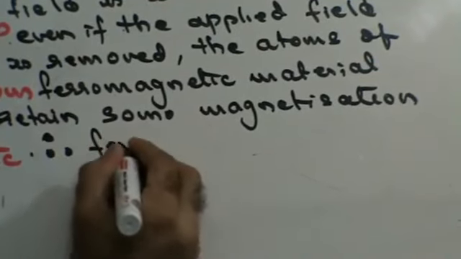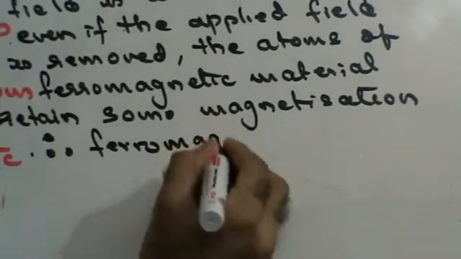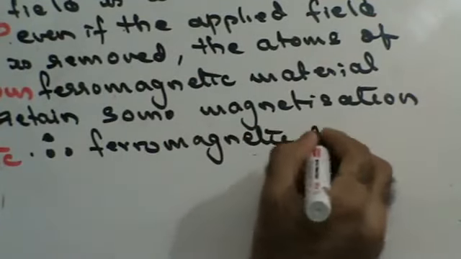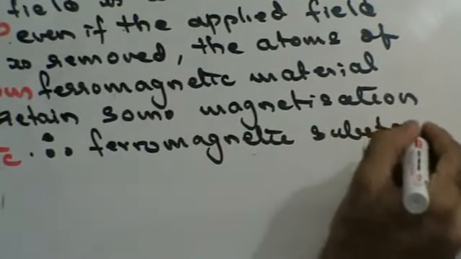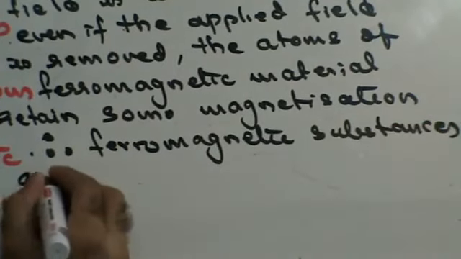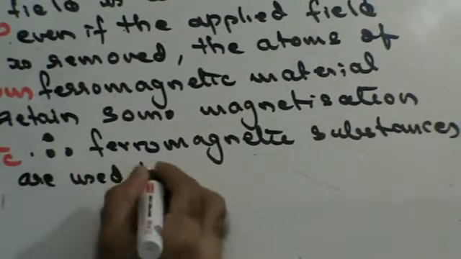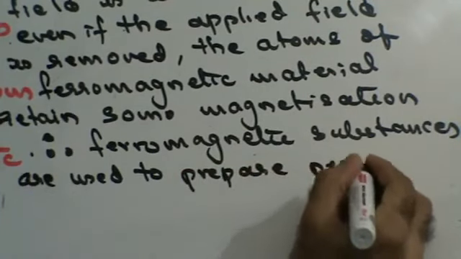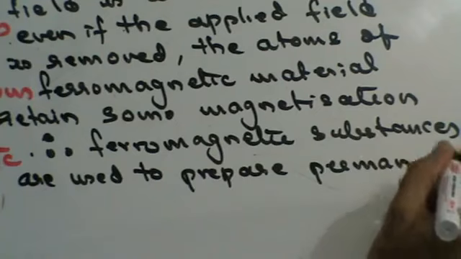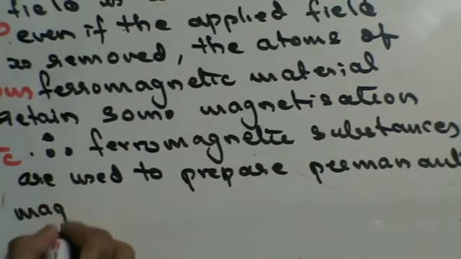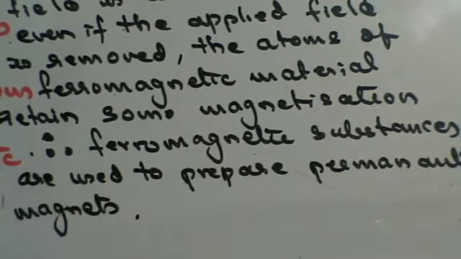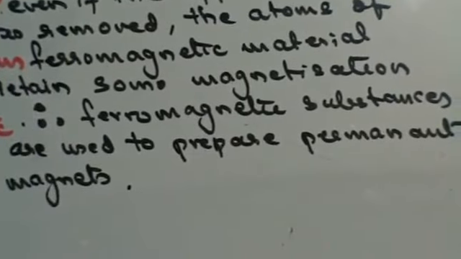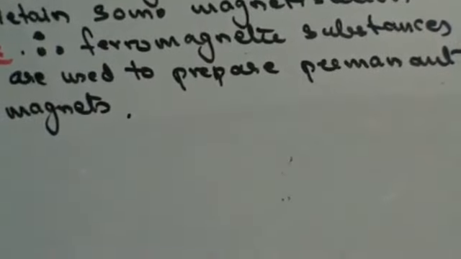Therefore, ferromagnetic substances are used to prepare permanent magnets. Right? So do you understand ferromagnetic material? Now,